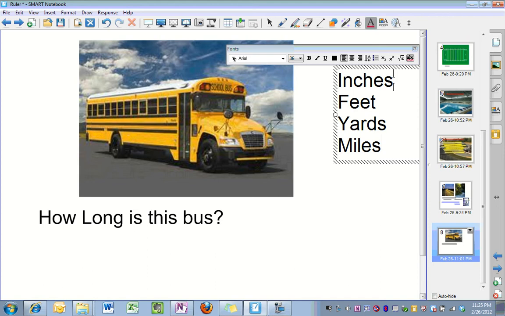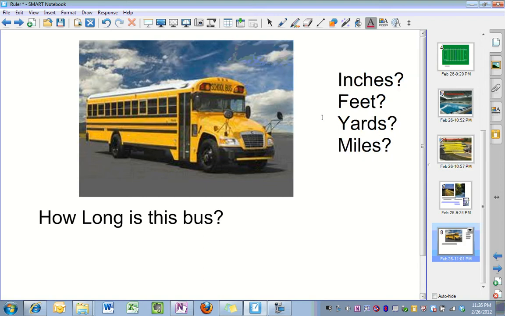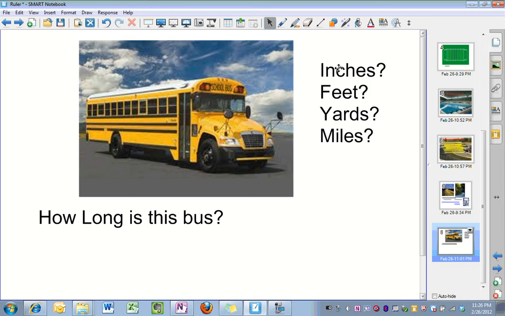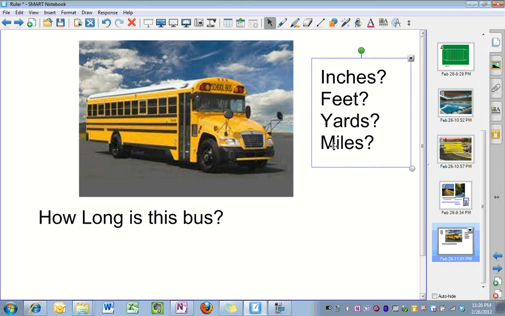All of those things, you have to ask yourself, which would be the better, quicker way to estimate the length of this bus. That's why you had to have some perspective, so you could figure out, am I going to do inches, feet, yards, or miles? So I'm not going to tell you the answer. You need to figure out how long this bus is, and I'm hoping that you'll pick the correct one of these four